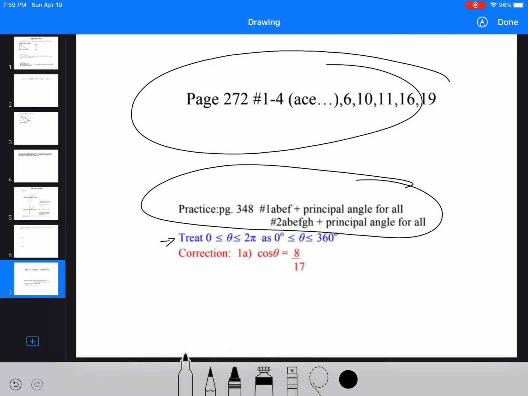Okay. So here are your questions. This is the first part. This is the second part. If you see the answers and it says between 0 and